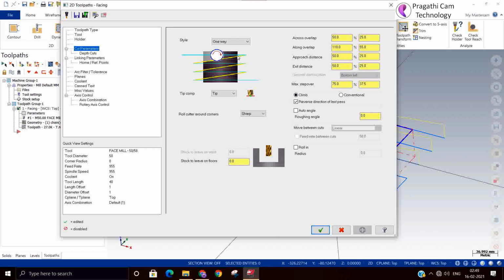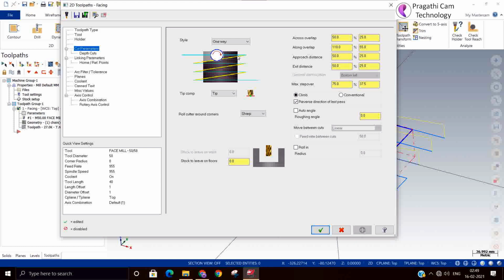It is a very time-consuming process. It is the work of the tool maker. The tool maker will do this polishing work. Suppose this cutting work is in both directions, then the polishing will be difficult for the tool maker. If the cutting lay is in one direction, then it is easy for them to polish.